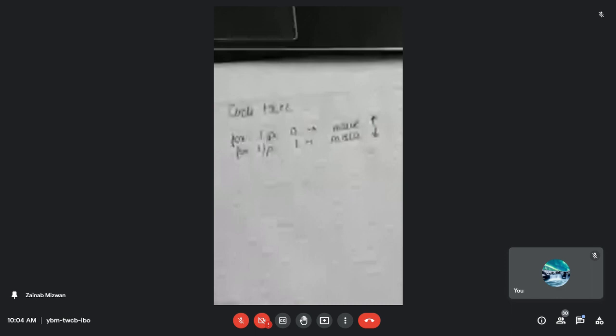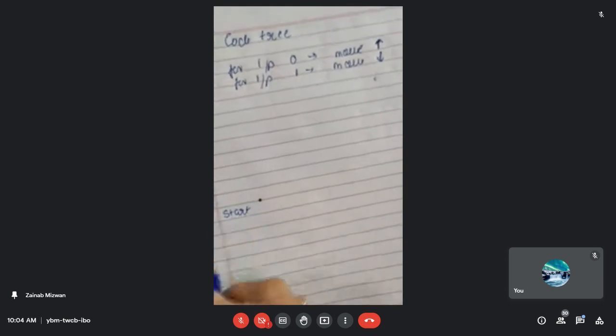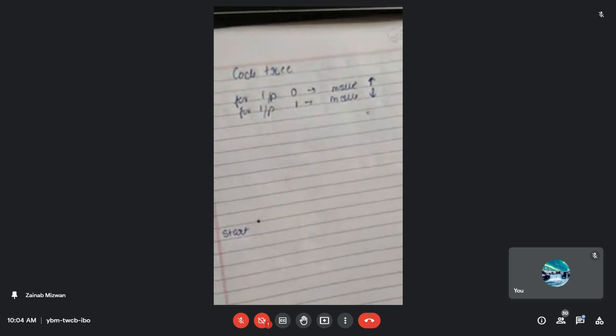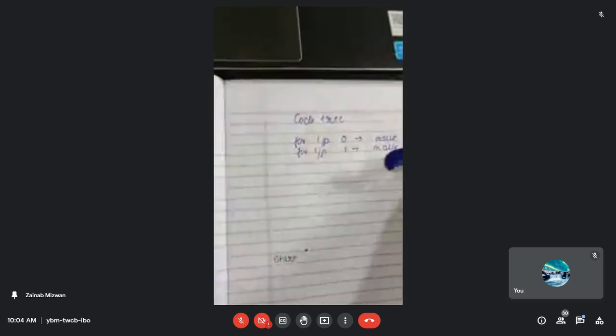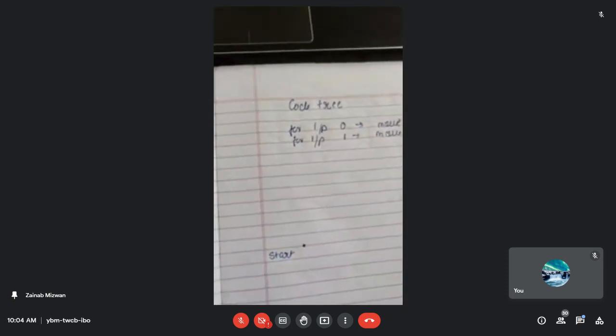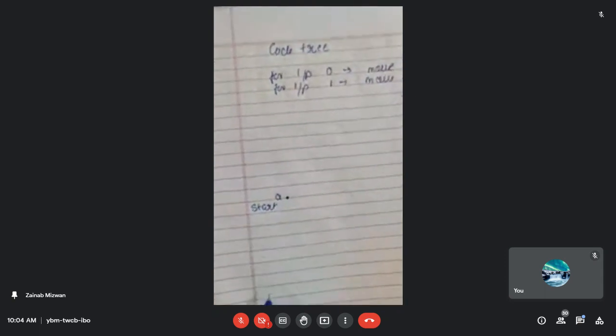So we'll just start from over here. I will just mention start over here. Now the start will always be from your initial condition. What is your initial condition, or initial state? Which is our initial state over here? The initial state is nothing but it will always be your 0 0. Okay, so the initial state will always be 0 0. That is, the initial state will always be A.